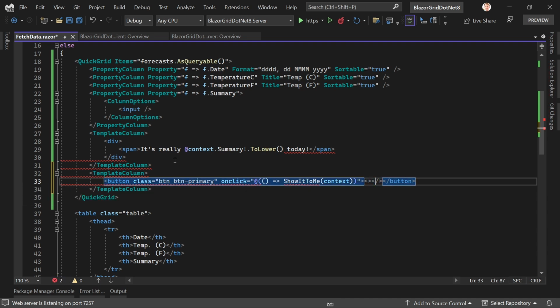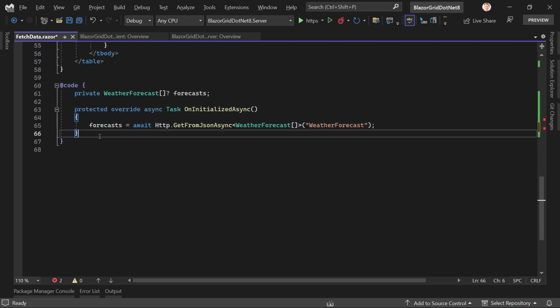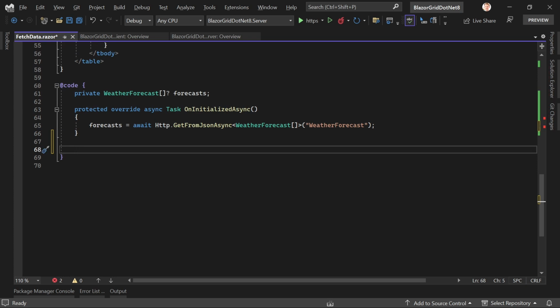And maybe we can just add a little icon. That should be enough. So I and then class oi cloud. Funny, right? The cloud, that this works now with the weather stuff, but I think it is actually intended, the use for this stuff is, there's another intention there behind the cloud icon. Anyways, so this is our button, and now the function down here, let's say public void ShowItToMe. We get a weather forecast entry,